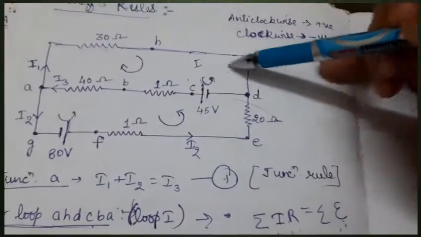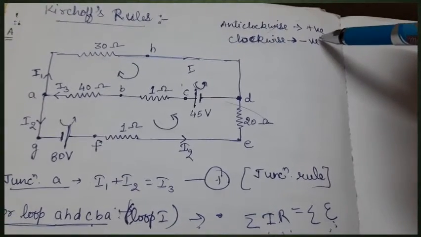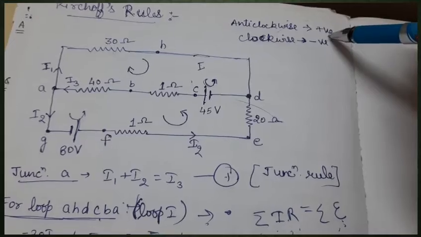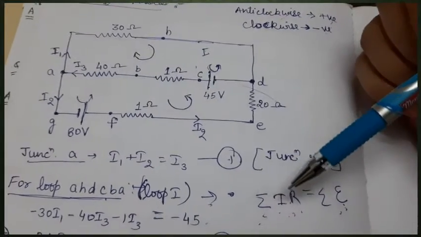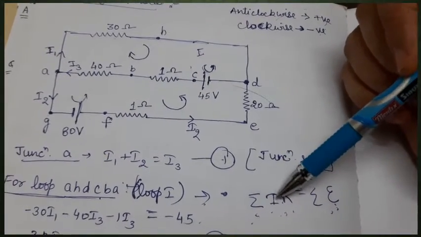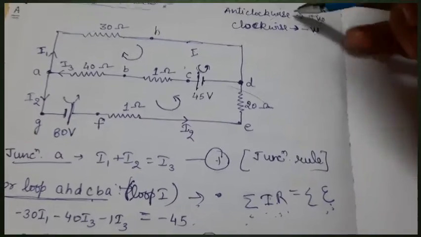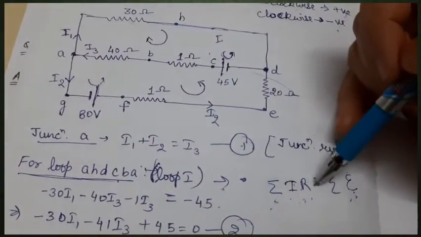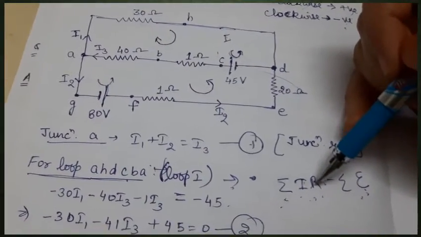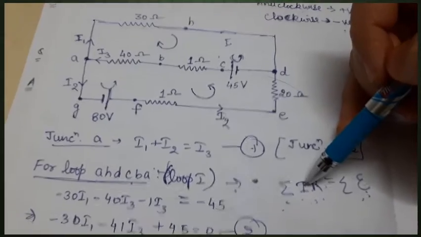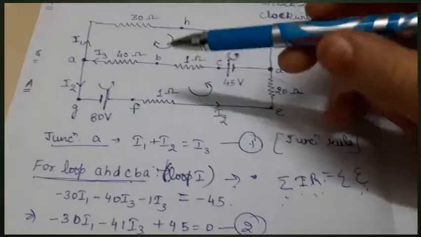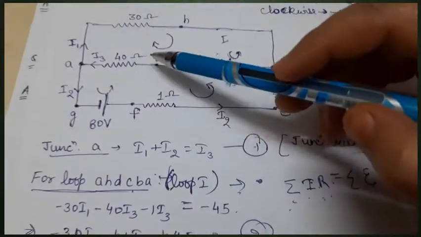So here, as I have already explained, the anti-clockwise direction of current will be taken as positive. So whichever term has current anti-clockwise, we'll take I as positive, while for clockwise we'll take it as negative. So what we have to do is find all the I into R values. We have to take a resistance and multiply it with the respective current flowing through it, and take the sum of all the I into R's. I'll explain it through an example.